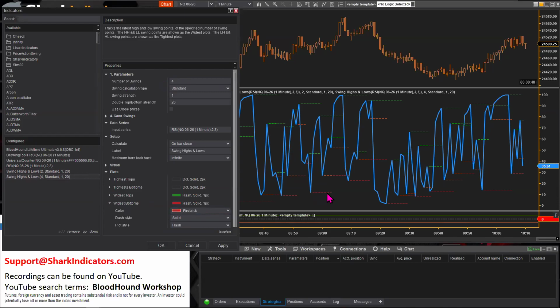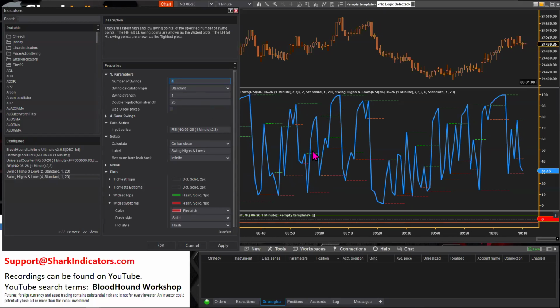So when we look at this swing low, this is the lowest swing low out of these 2 swing lows. That should tell you that the indicator is tracking the lowest low of the last 2 swing lows. At the same time, it's tracking the highest high of the last 2 swing highs. So number of swings includes highs and lows. It's tracking 2 swing lows and 2 swing highs, which total up to 4. 2 plus 2 is 4.